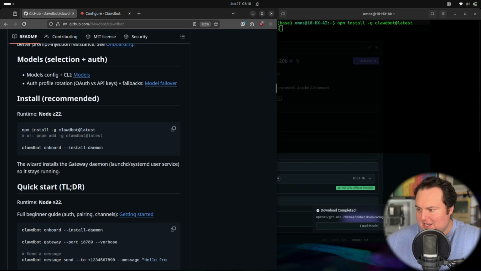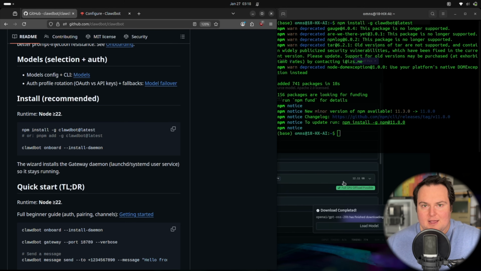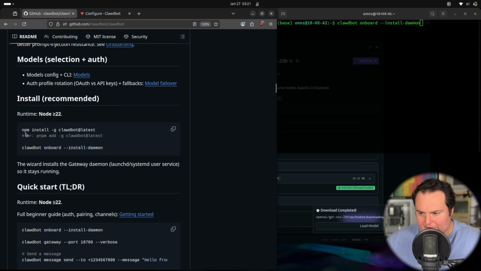And at the same time, I have gone ahead and downloaded GPT-OSS 20B as well, so we can test it. This is a different computer that has not had any of this on it before because I wanted to emulate the fresh install process. Now that we've run this command and everything worked without a hitch,